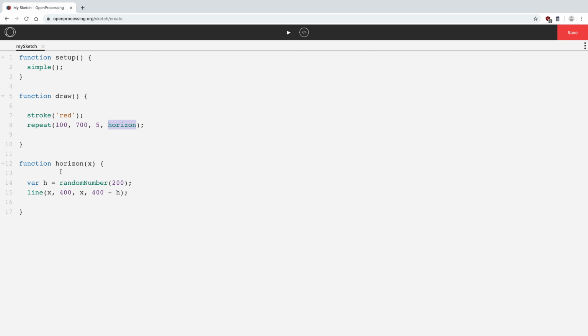That's the function that I'm going to be repeating, and I'm using a loop counter to start at 100, go up to 700 in steps of 5, and that loop counter is going to be passed to the function and it'll be called x. So you can see that when we draw a line from x400 to x400 minus y,